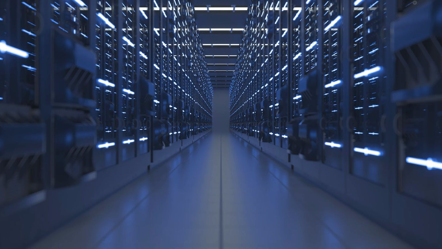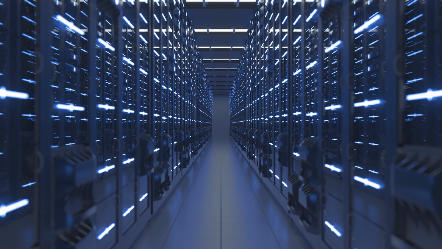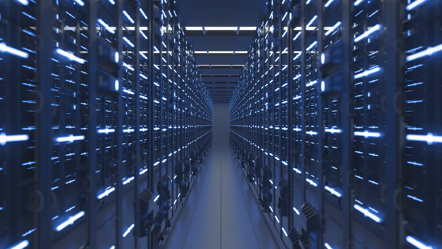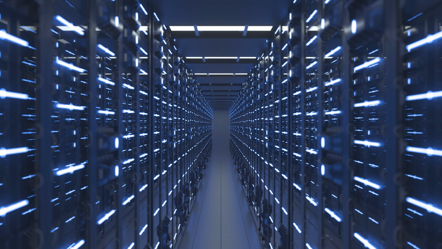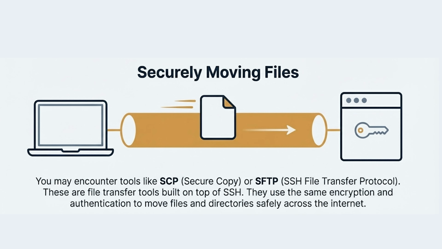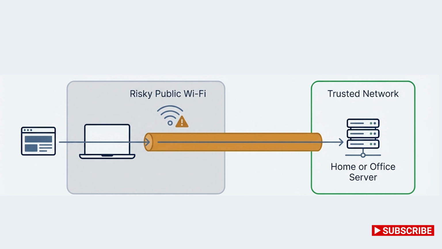Beyond just logging in to manage a server, such as restarting services or reading error logs, SSH is used for several other secure functions. Secure file transfers. Tools like SCP and SFTP operate under the hood of SSH to move files using an encrypted connection. SSH can create a tunnel to wrap other types of network traffic inside its encrypted connection, protecting that data on